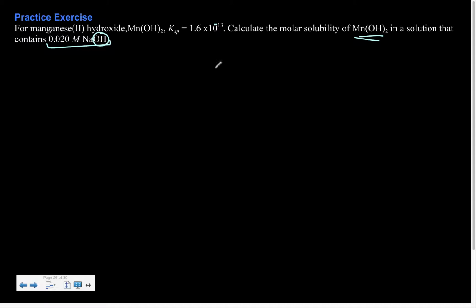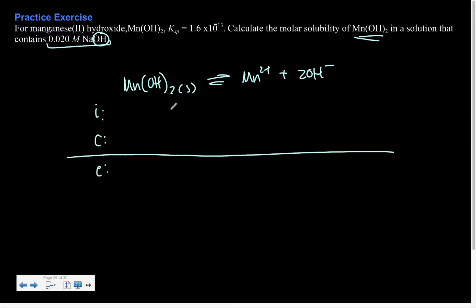So, what seems like a good place to start? This is almost always a good place to start, so let's go ahead and get this down. We know that this is our overall equation. Now, we can look at this from the point of view of an ICE table. There are other ways to look at it, and it depends on what makes sense to you. This is just an easy, simple way to do it.